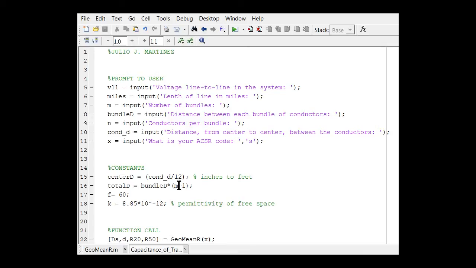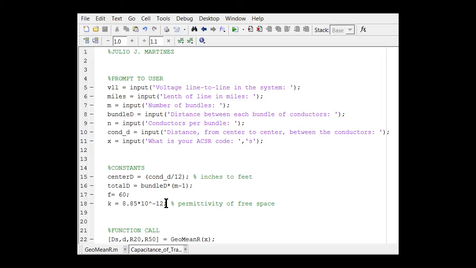Here in our constants, we have the distance between those conductors, which, as you recall from the diagram, is 20 inches, converted into feet. We also have the distance from the first phase set of bundled conductors to the third phase set of bundled conductors, which is the total distance of the transmission line across from the previous diagram. Here we have the frequency, since we're dealing with 60 Hz,